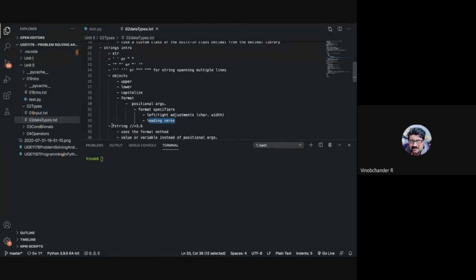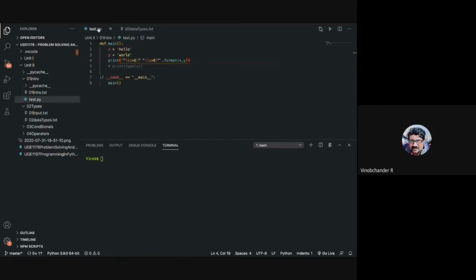Now there is also another thing which is new in Python 3. In fact, it starts with Python version 3.6 and greater, which is called the f-string. F-string is also the same as this particular technique. Say for example, the same thing. What you can do here is put an f here.